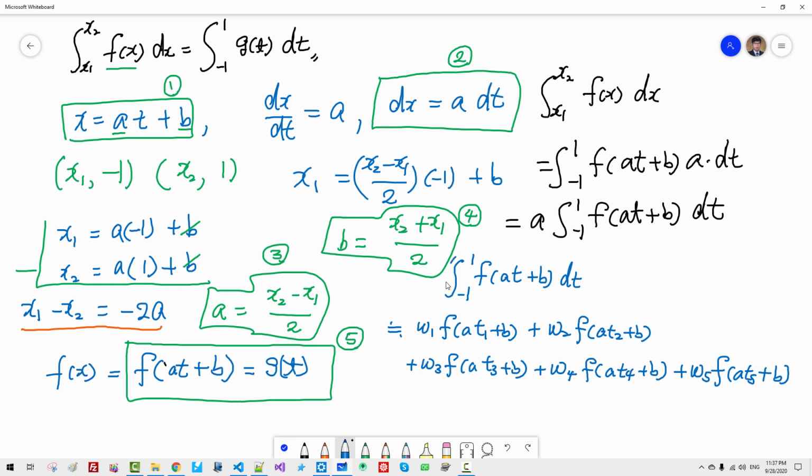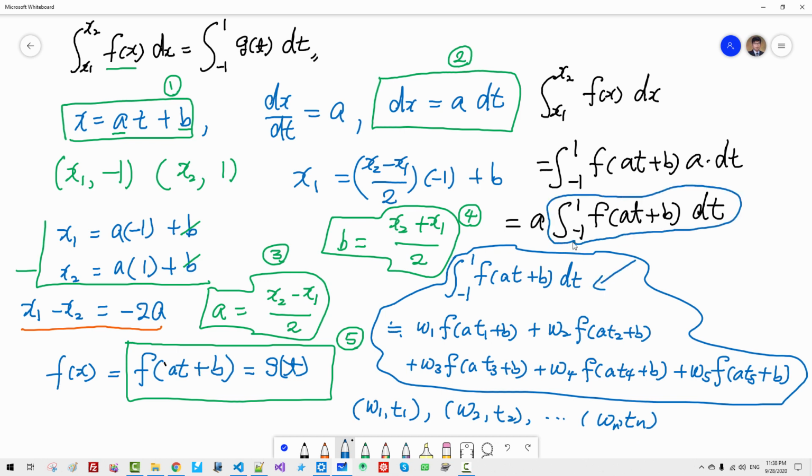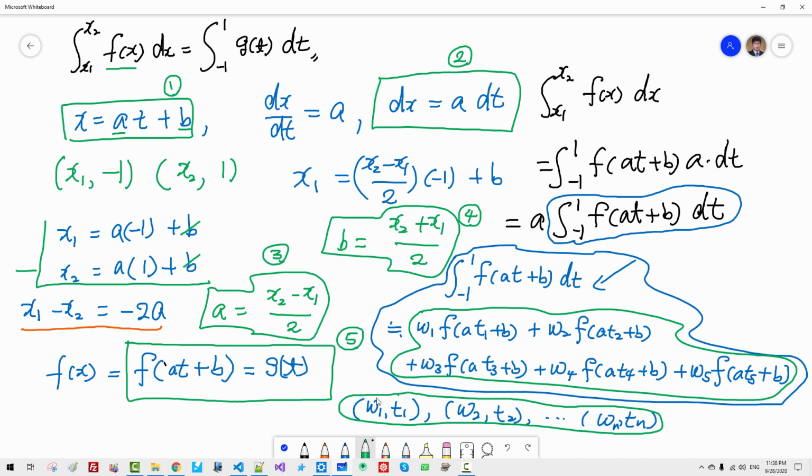Gaussian quadrature says that there are w1, t1, w2, t2, wn, tn. Using these numbers, we can compute this value using this equation. I will call these magic numbers. So these magic numbers are